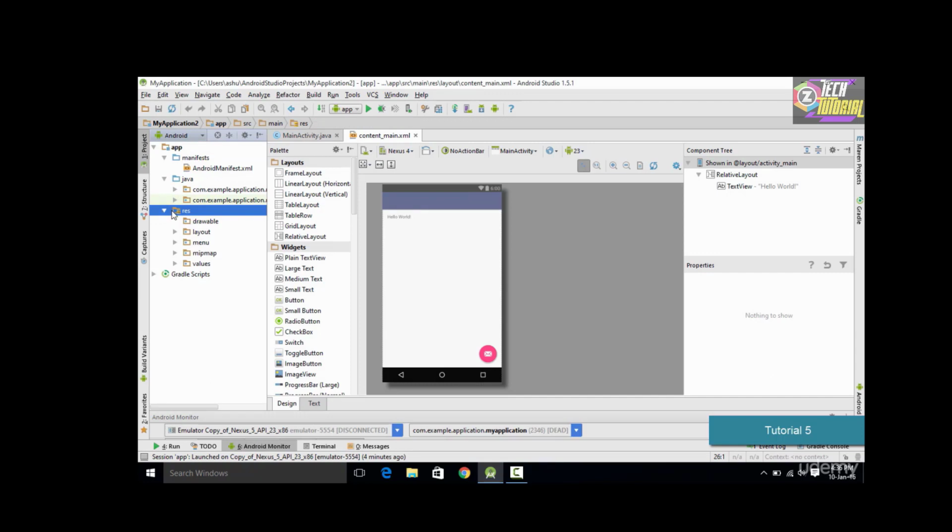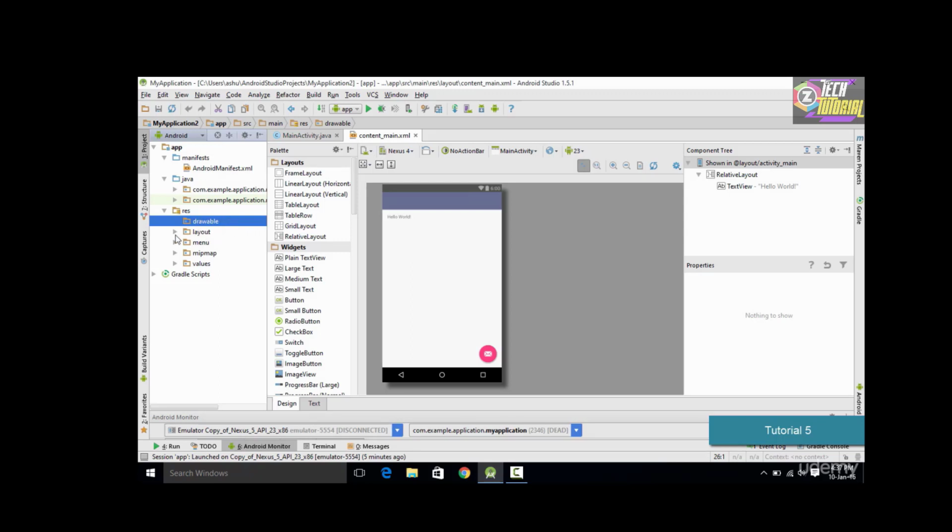Now if you go here, we will find the resources folder, and the resources folder is basically used to store the resources which are required for our Android application. For example, this drawable folder right here is going to contain the images which we want to store in our Android application. If you want to include some images into your Android application, we simply load them up in the drawable folder.